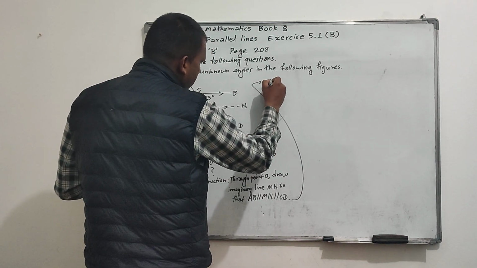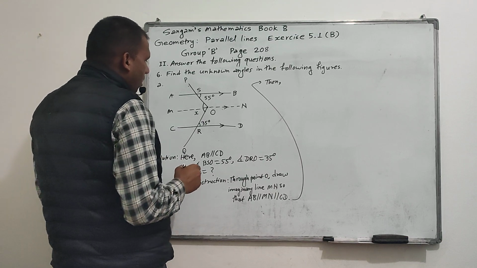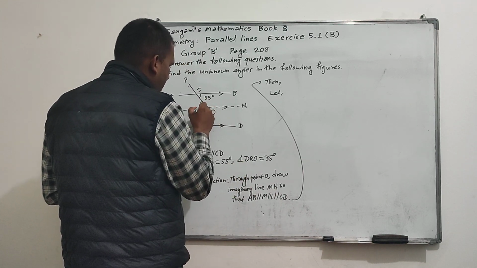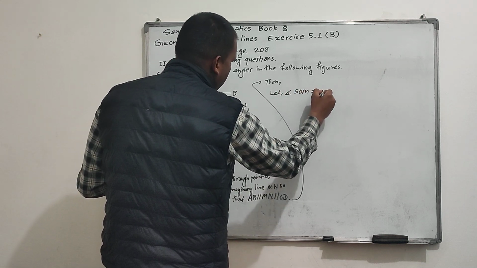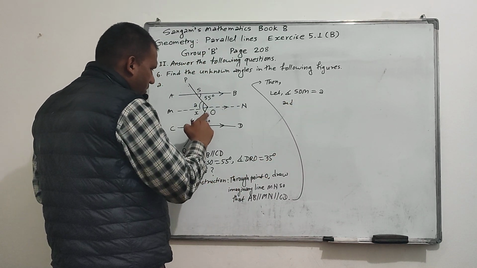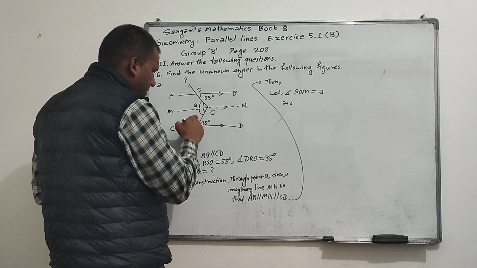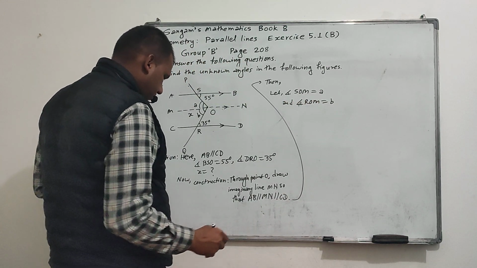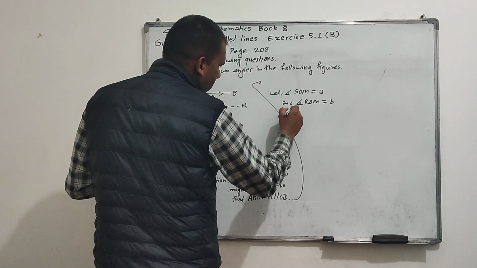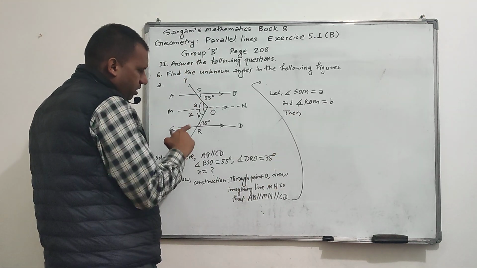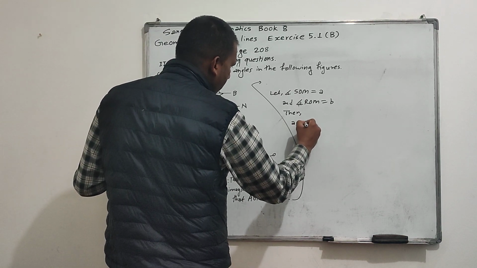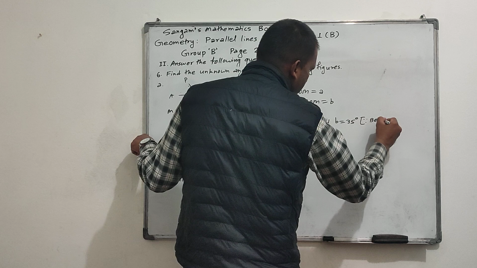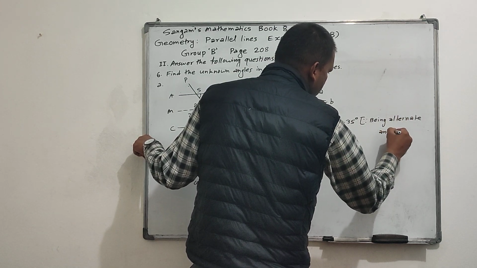Then suppose angle SOM equal to A, upper part of x A, and angle ROM, that is B, lower part of x B, angle ROM equal to B. Then you can say A and 55 are alternate angles, B and 35 are also alternate angles. So you can write A equal to 55 degrees and B equal to 35 degrees, being alternate angles,